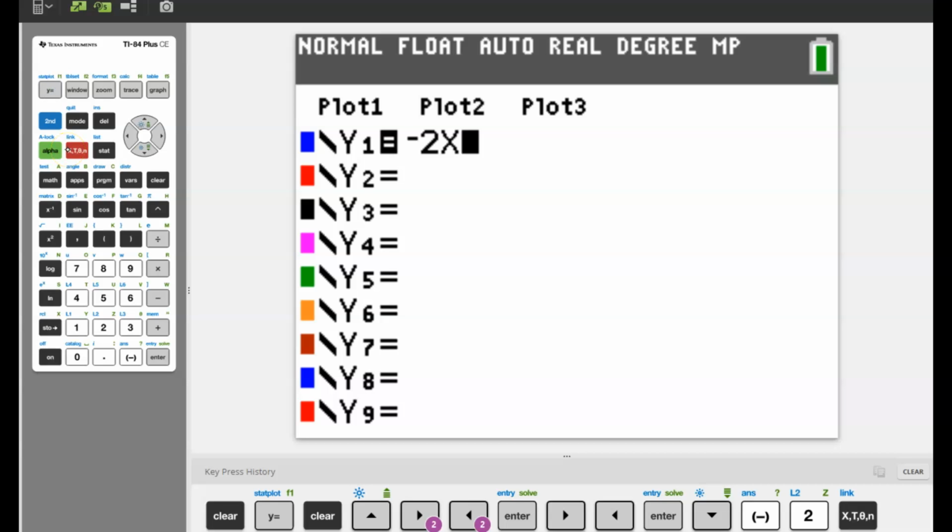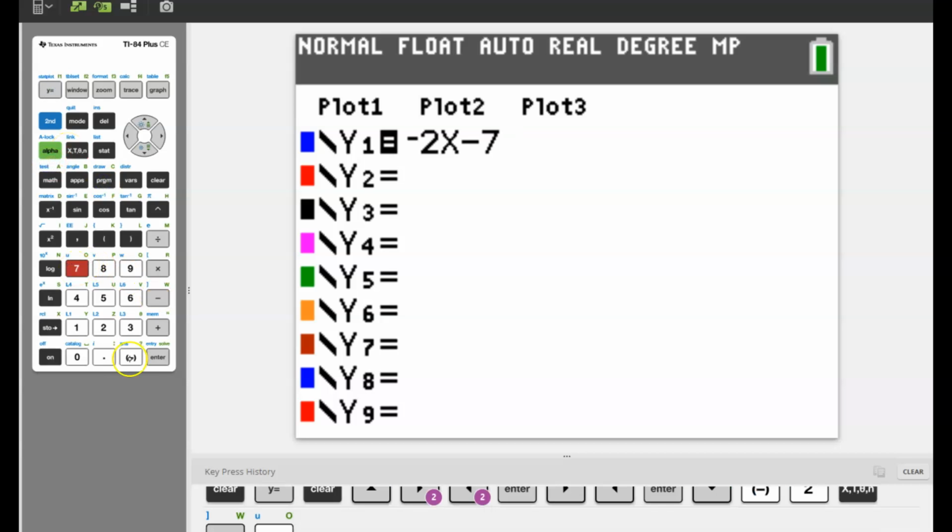So -2x minus 7. Notice I'm using the negative in front of the 2x because that's multiplication, and the minus in front of the 7 because that's subtraction. Now I can press enter and go to the next